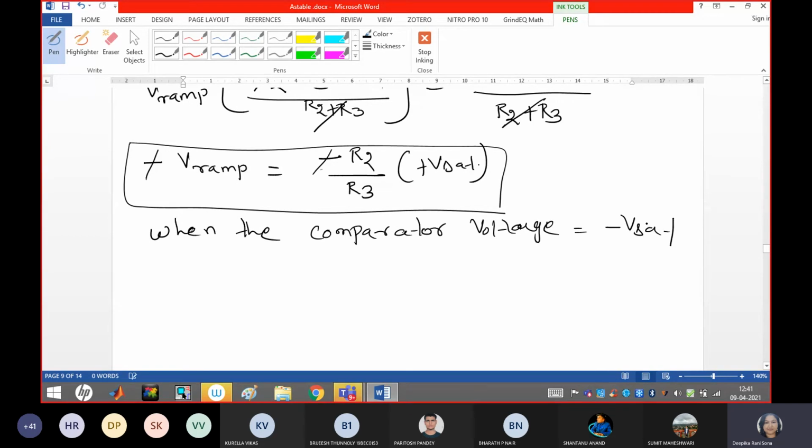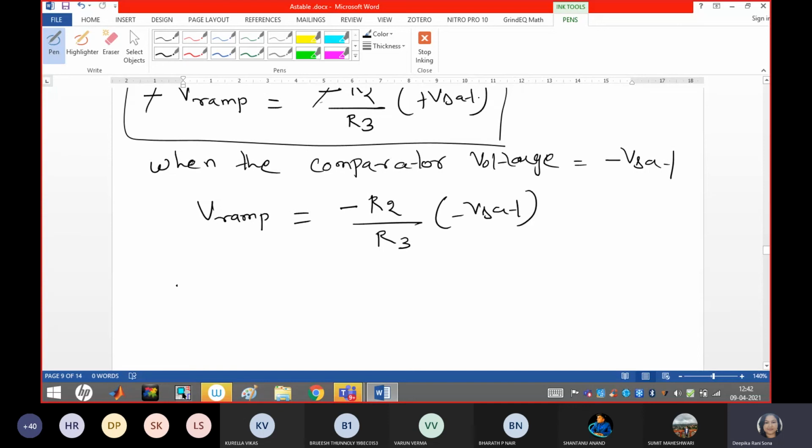At that time, what should be the equation at Vp? We can rewrite that the V ramp is nothing but, now it is normal, minus V set. If you consider, guys, it is nothing but minus of R2 whole divided by R3 into minus V set. It is very simple, because this minus V set is making the voltage plus V ramp only. So the V ramp equation can be written as minus of R2 into minus of V set divided by only R3.